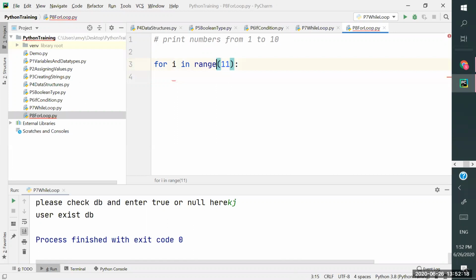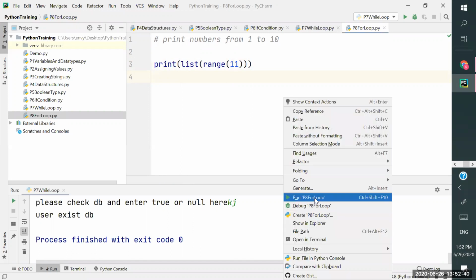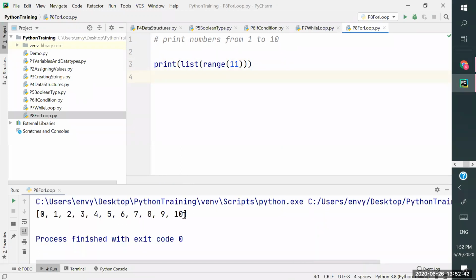So first let me explain that and then I'll come here. Range type. So range type is going to give you a range of numbers. It is going to give you an iterator, and I will change that to a list and print it, and then see that it is going to give the numbers from 0 to 10. You can see that, 0 to 10, right?